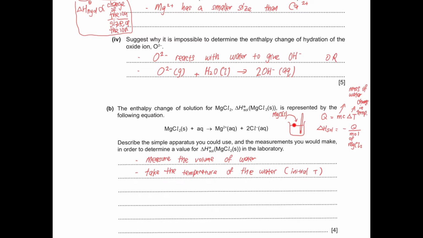In the meantime, after you measure the initial temperature, what to do is you have to add magnesium chloride into the water. So you need to know how much magnesium chloride you are using, because at the end you have to change it to the mole. So we need to know the mass of magnesium chloride. So let's talk about this. Next point,